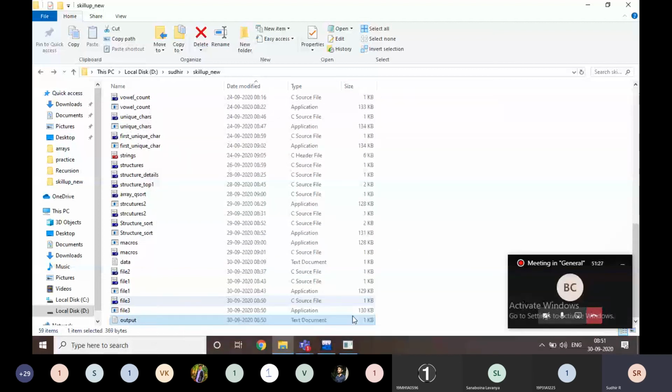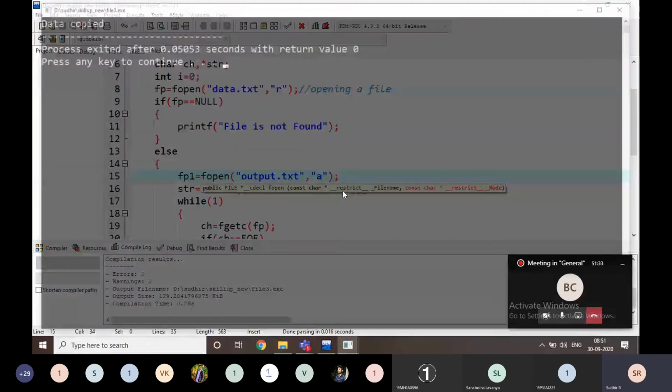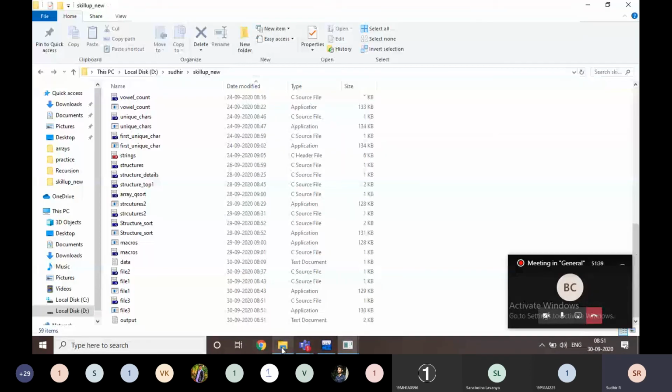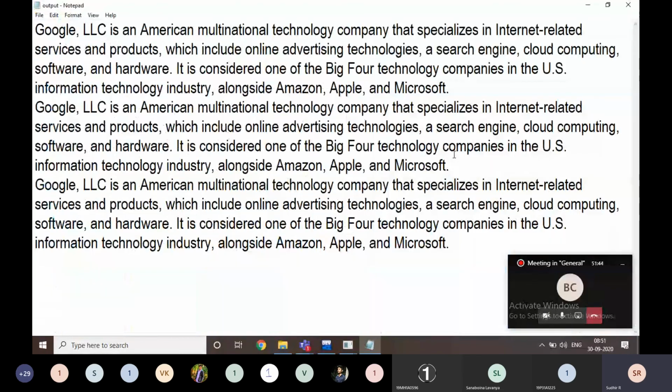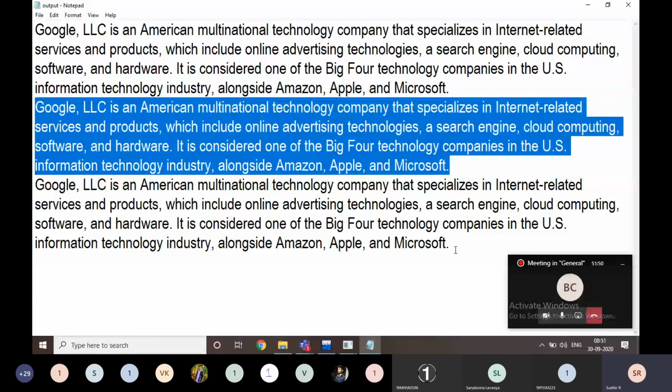For example, I am going to open this same file in append mode. If I am going to execute it again and open it, just look here, it is going to be copied 3 times. First the data is with this one, the second time this one, and the third time this one.